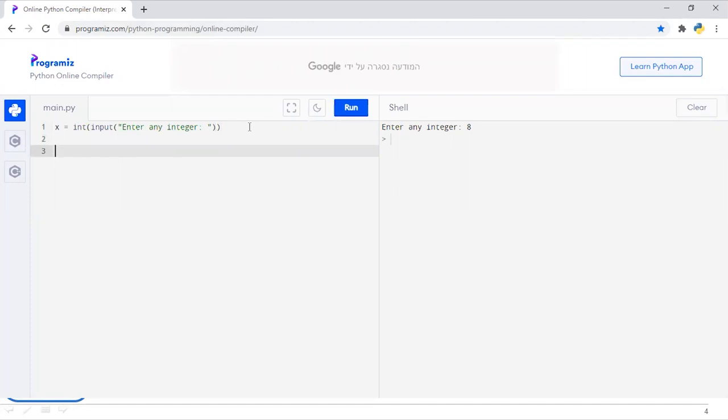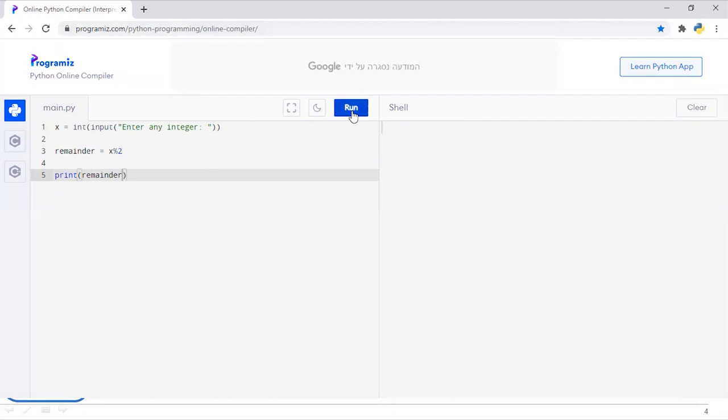Okay. Now we need to calculate the remainder when this number is divided by 2. So we will create a variable named remainder equal to x % 2. This percentage sign is also known as the modulus operator in Python, you can use this operator to get the remainder. Let's check whether it is calculating the remainder right or not. We will print this remainder and run this code again. Suppose I enter 8 here and enter it. Now you can see the remainder is 0.